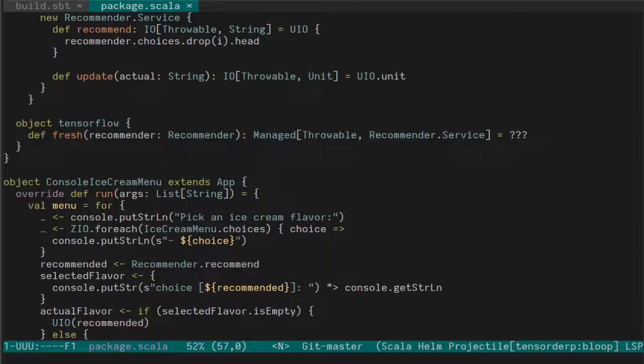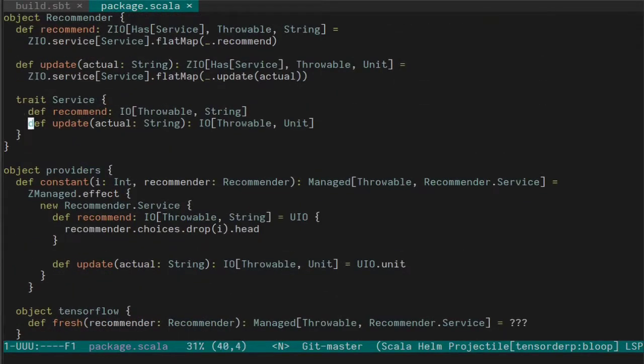Hey everybody, we're back at building this TensorFlow implementation for our service. I'm going to upload shorter videos. I do these in little segments and edit them much longer, so I'm just going to release the shorter ones. Editing is terrible. So where we left off is I implemented a very basic constant implementation for our recommender service